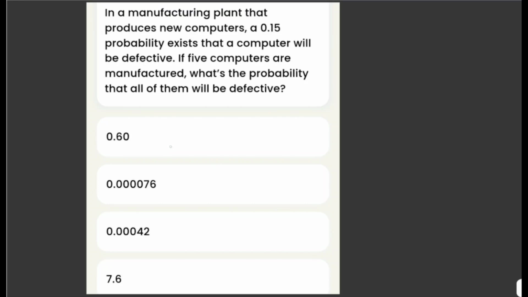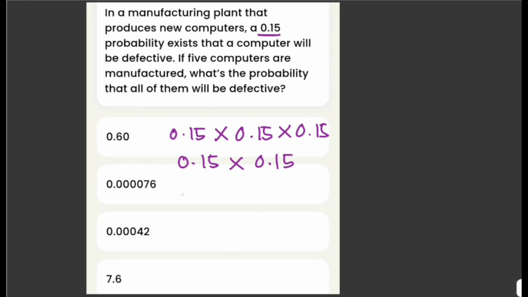So that would be 0.15. It's stated here in the problem that 0.15 is the probability that a computer will be defective. So we just have to multiply this one 5 times. So that would be 0.15 times 0.15 times 0.15 times 0.15 times 0.15. Right, and this would give us an answer that is equal to